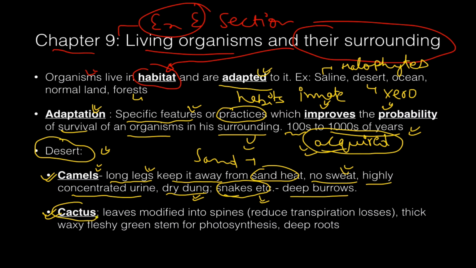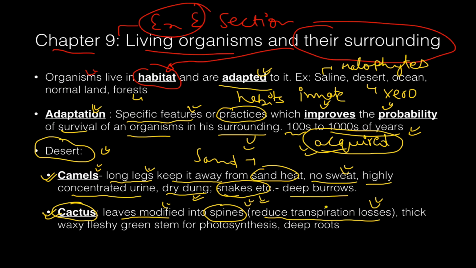Now cactus is a plant which is adapted to desert-like conditions, because in this the leaves are modified into spine-like structures. Is that understood? This reduces the transpiration losses. It is extremely critical, since the leaves are modified into spines. In some cases leaves are totally absent, or redundant. In case of cactus they are modified into spines, so stomata will be fewer, and if stomata are absent,